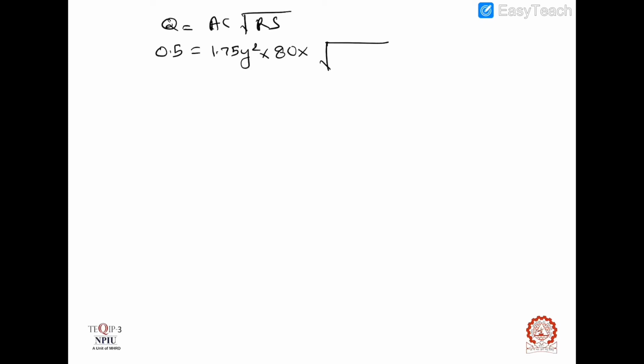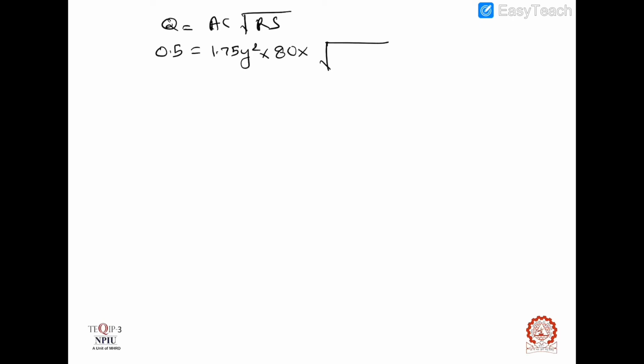Remember, if we are taking the case of a normal channel, that is not a most economical channel, then in that case we need to find the hydraulic radius as A divided by P. There it will be wrong to keep half of depth of flow as the value of hydraulic mean depth. As long as it is not asked to design the channel for most economical condition, you need not keep R is equal to Y by 2, then it will be wrong. That thing you need to keep in mind.